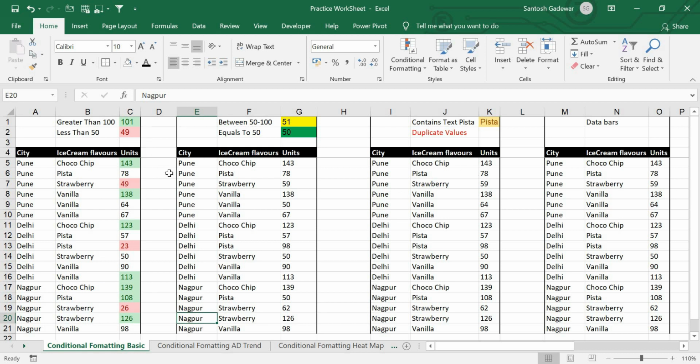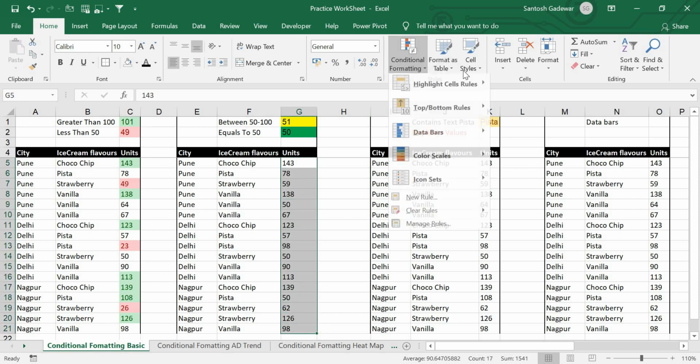Another way of putting a conditional formatting is between and equals to. When I am saying between and equals to, you can see in this data, I want the values between 50 and 100, and I also want the values equal to 50. I can use conditional formatting as below. I will first select the data on which I want to put the conditional formatting.